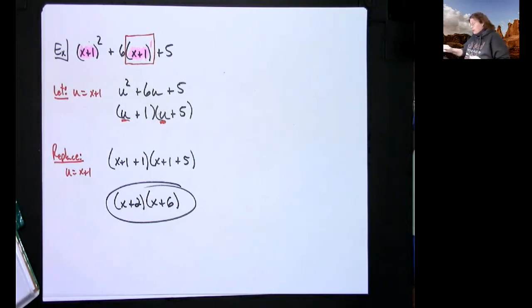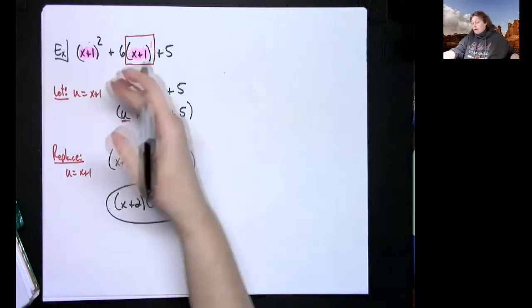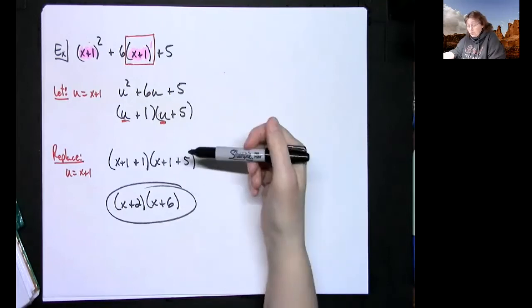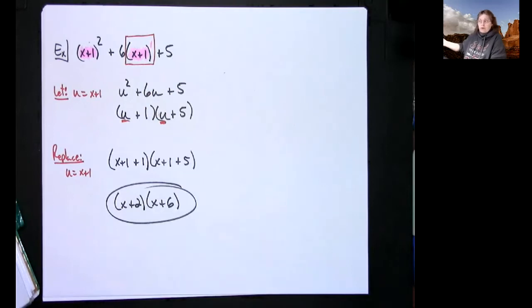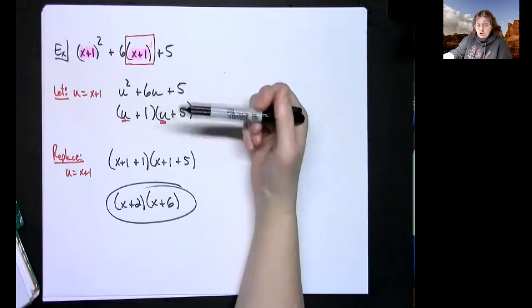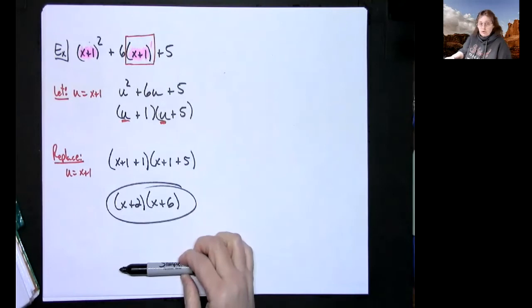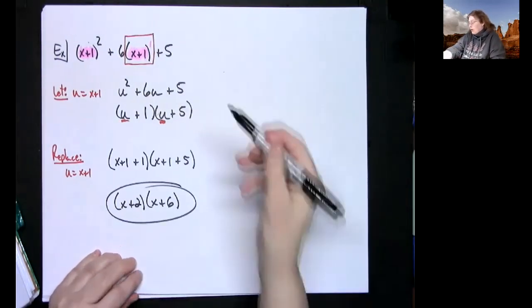So that's kind of why we need to learn the U-substitution. Do it on the easier problems, get down pat what you're doing. Then when you get a harder one with a binomial in there, you're going to be able to apply that process of U-substitution. And like I said, this is not the only place. They're just introducing this U-substitution in this chapter because we're factoring. Later on in the semester, we will be solving equations in quadratic form, and we will have to use this U-substitution to do it. So the sooner you learn to do it, the better off we're going to be. Now let's go ahead